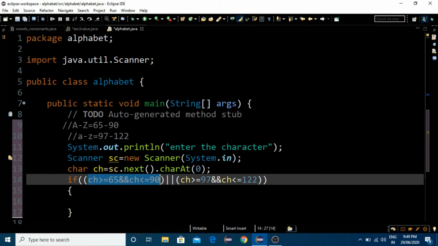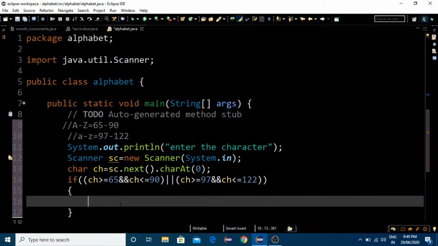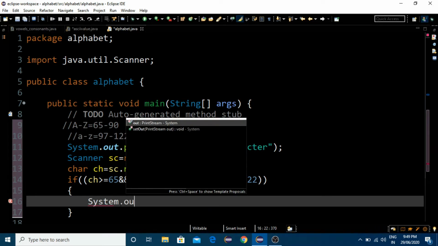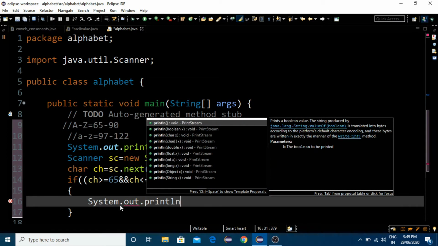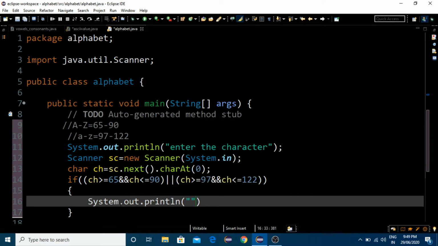If this condition is true, then it executes the code inside this if condition. That is what we need to print: System.out.println of "character is an alphabet".